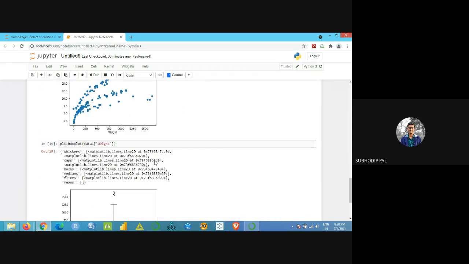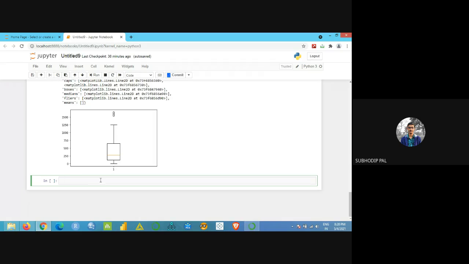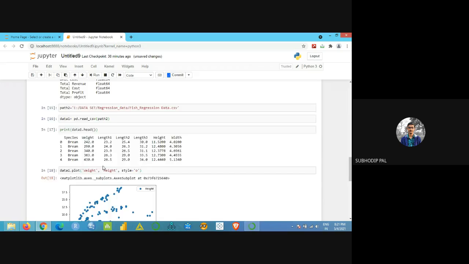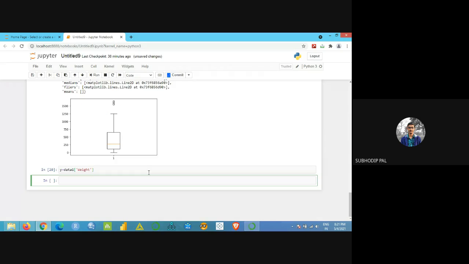So how to name that particular variable weight? I want to name it as y. So y equal to the data set data one, and in third brackets you just mention the variable name you want to rename. This has been executed. Now, if I write y in place of weight, that will identify the variable weight here. Okay, getting it?